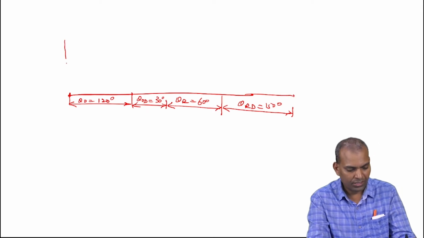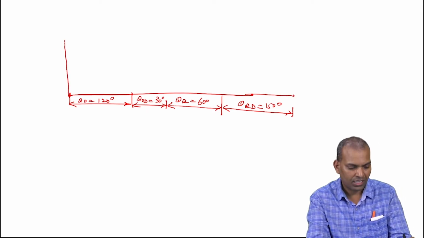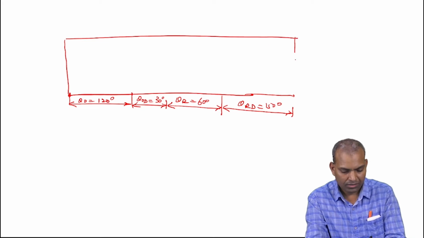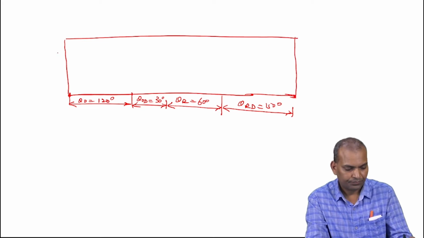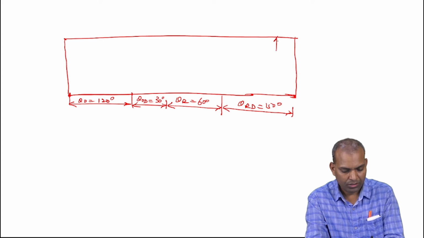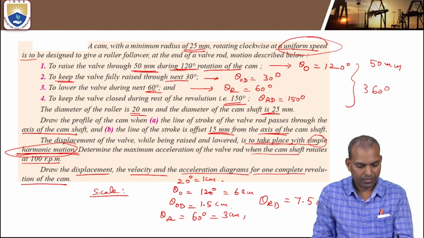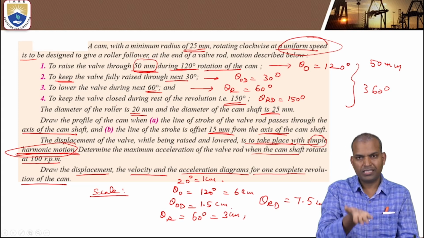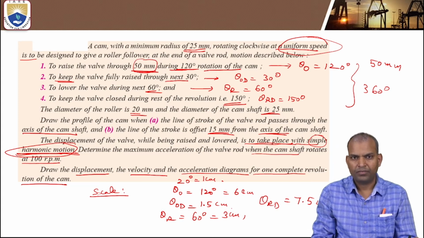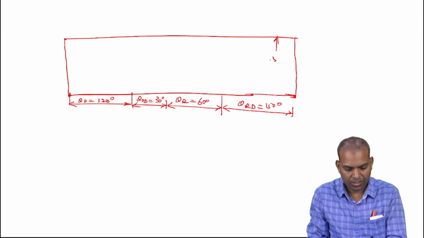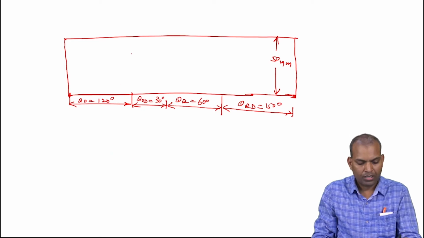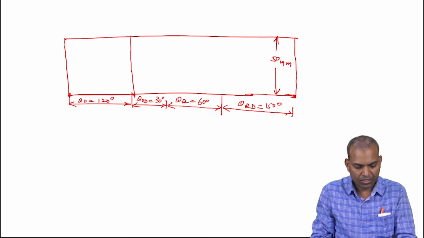Now, what is the lift of the follower? That comes on the y-axis. After the lift, you join and complete the portion. This is the lift of the follower. How much is it? The lift of the follower is given as 50 millimeters. Here, the valve rises completely 50 millimeters. So mention here 50 millimeters, because I mentioned here it is the dwell zone. Join the vertical lines by these partitions. With these partitions, draw vertical lines,